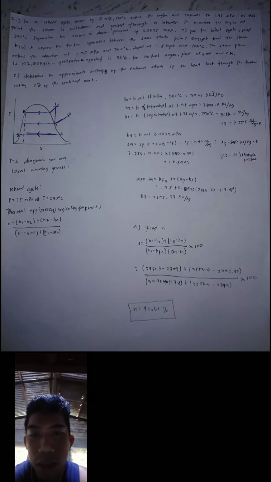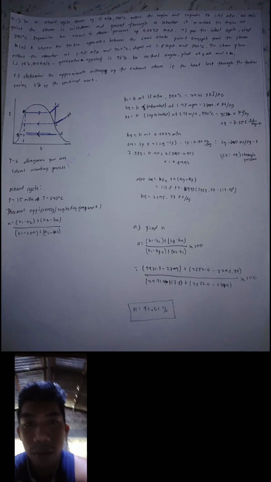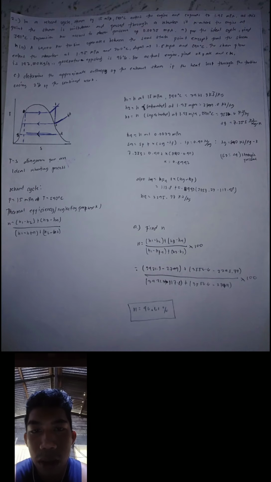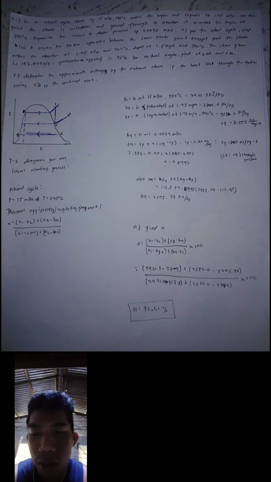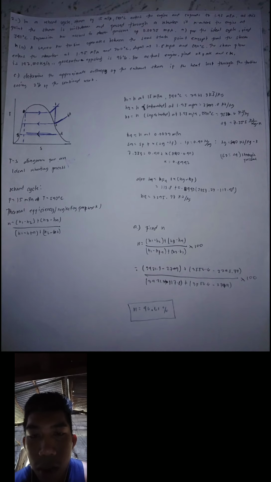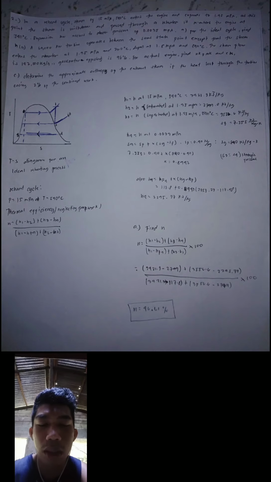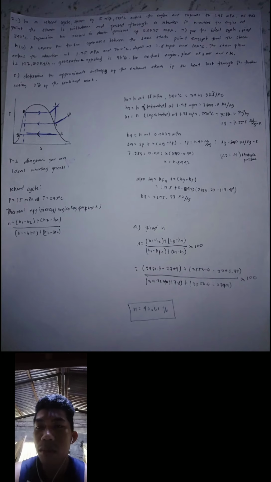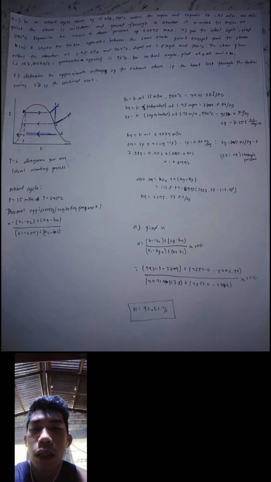So to find the thermal efficiency, e is equals to W net over QA, so the W net is, multiplied by 100 will give us e is equals to 46.61%. So for the B,